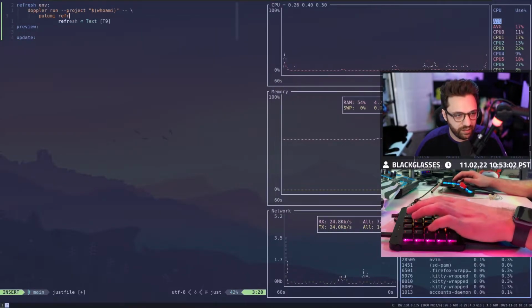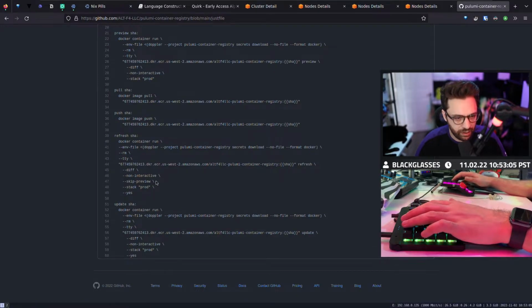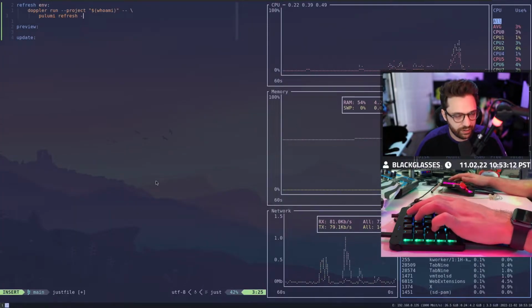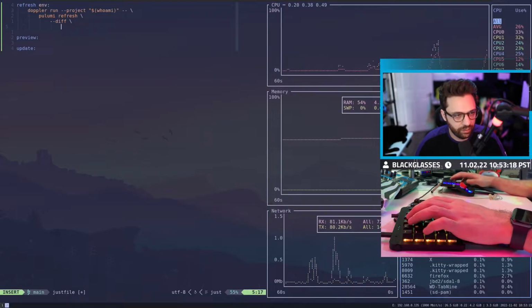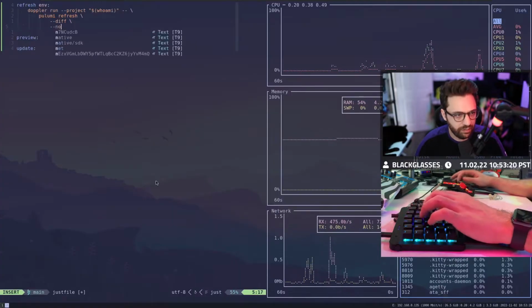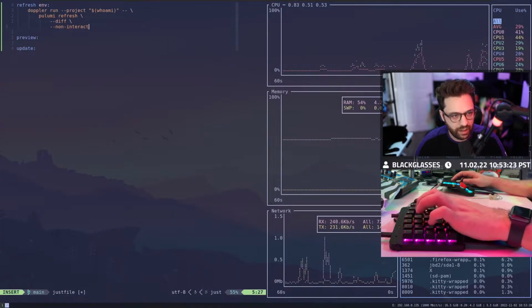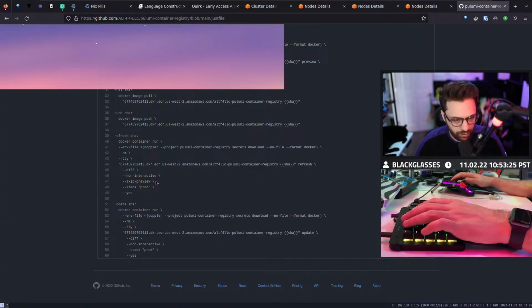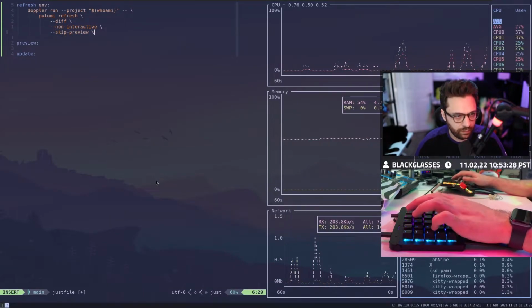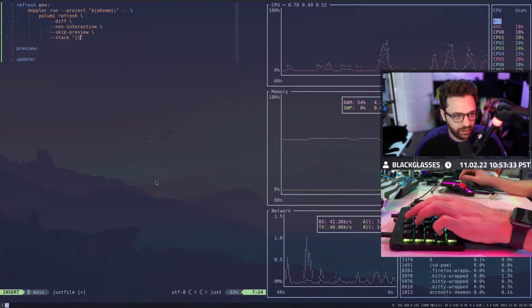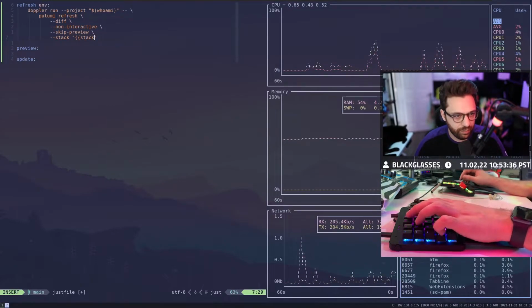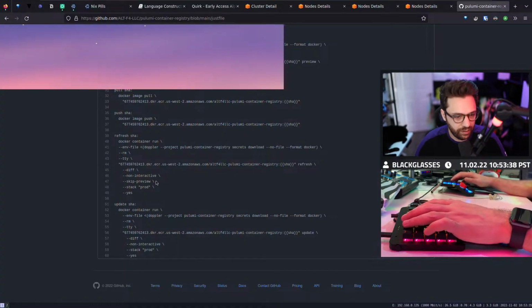We want this exact same command, so we want to say Pulumi refresh, diff, non-interactive, skip preview, stack, and this is where we're going to provide, we'll call it stack. We're not going to call it env. And then yes.